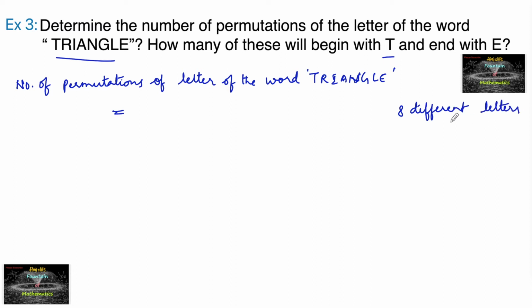All letters are different. So we can write here 8P8, which is equal to 8 factorial, means all the letters you are taking, the number of permutations of 8 different things taken all at a time, means all the letters are arranged. So here 8 places are there,